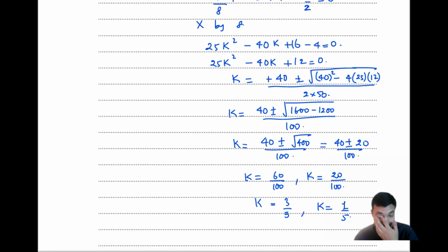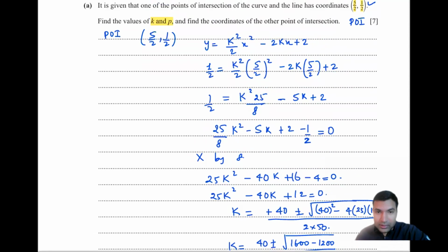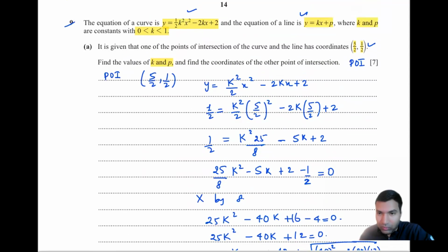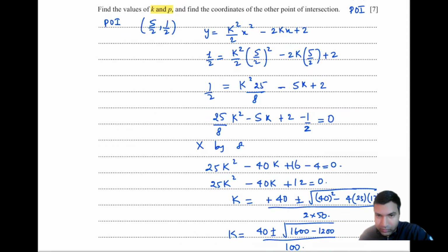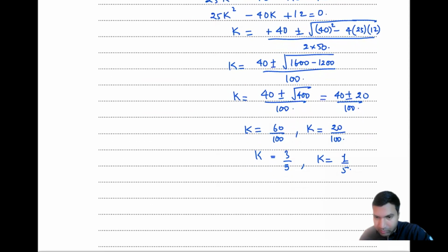Now what is given to us? It's given that k lies between 0 to 1, isn't it? So we get two values of k from here, which is 3 by 5 and 1 by 5. So now corresponding to these k values, I need to find